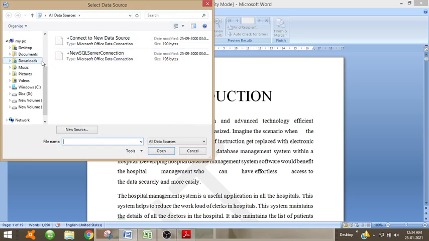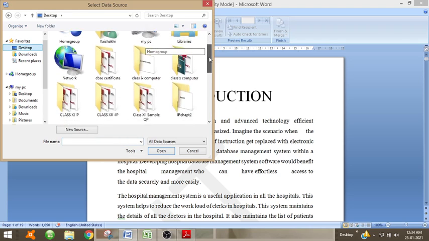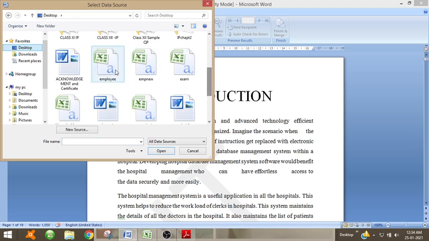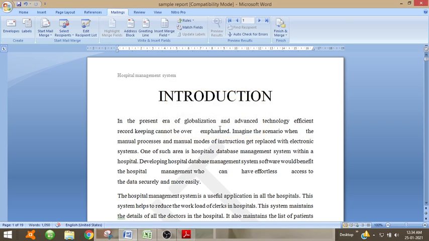I have created a list in CSV file format, that is, it resembles our Excel sheet. So emp new. These lists will be selected.